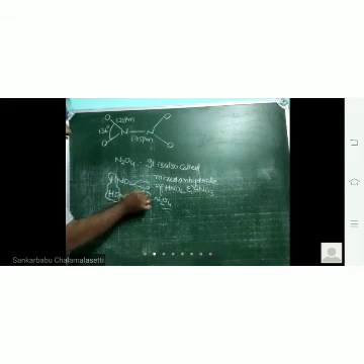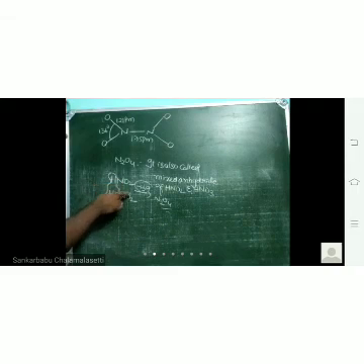Removal of water is called dehydration. So from nitrous and nitric acid, on dehydration, we will get N2O4. So N2O4 is the anhydride of a mixture of HNO2 and HNO3. That's why it is called the anhydride of nitrous acid and nitric acid.